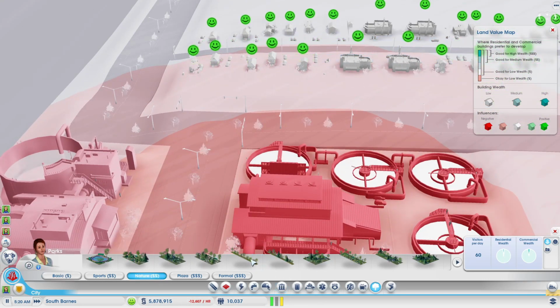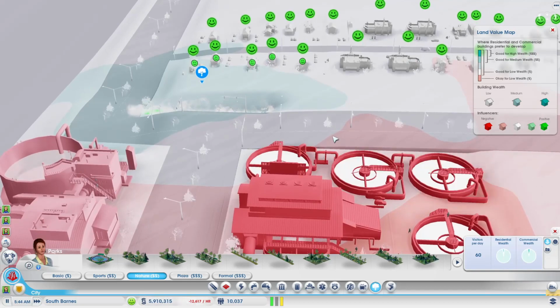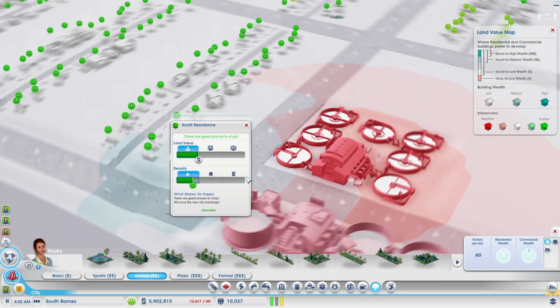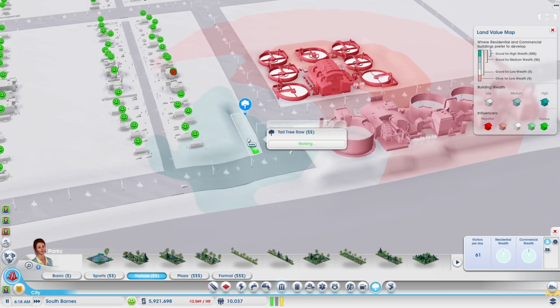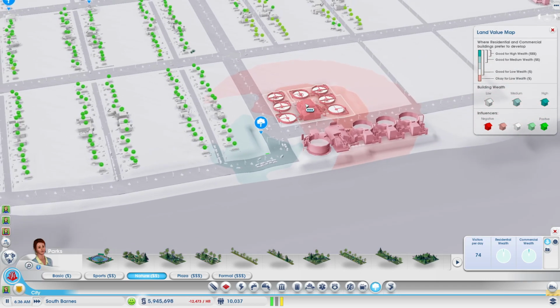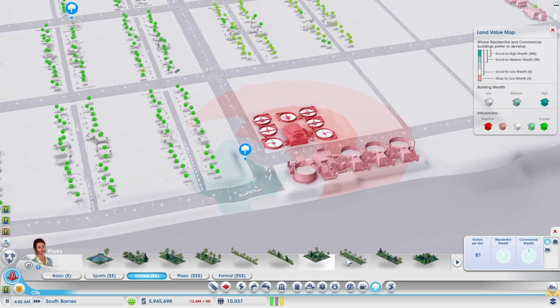Can I stick a nature here? Is there anywhere it will go? How much will that help? Will that make these people rich? I hope not. We love the new city buildings. Yeah, like the one little park I put there to block your view of this. You're welcome. Actually, speaking of parks and blocking views,